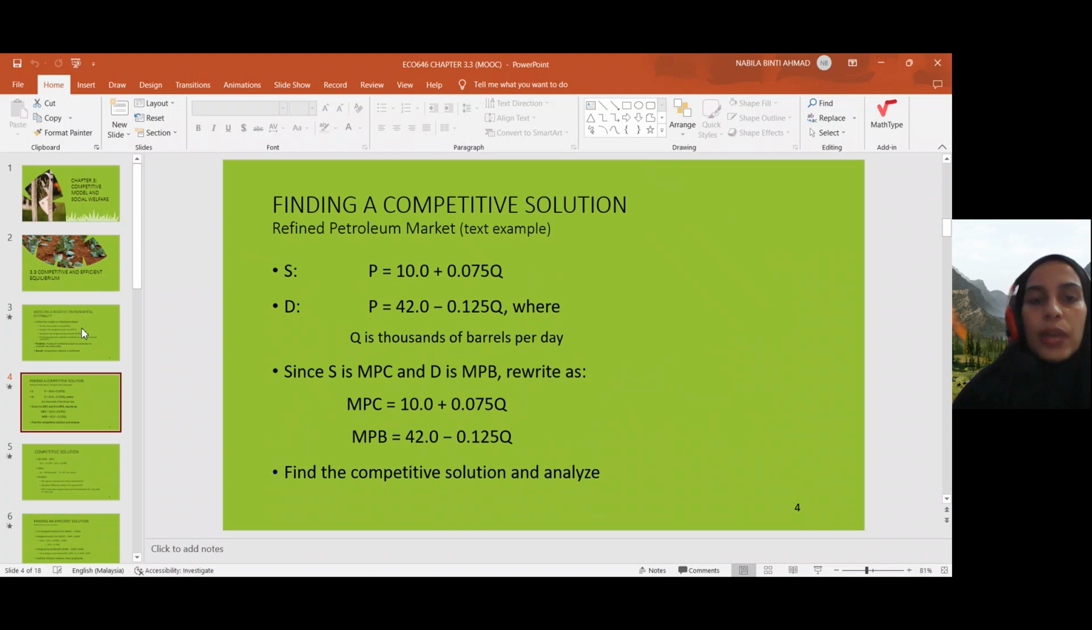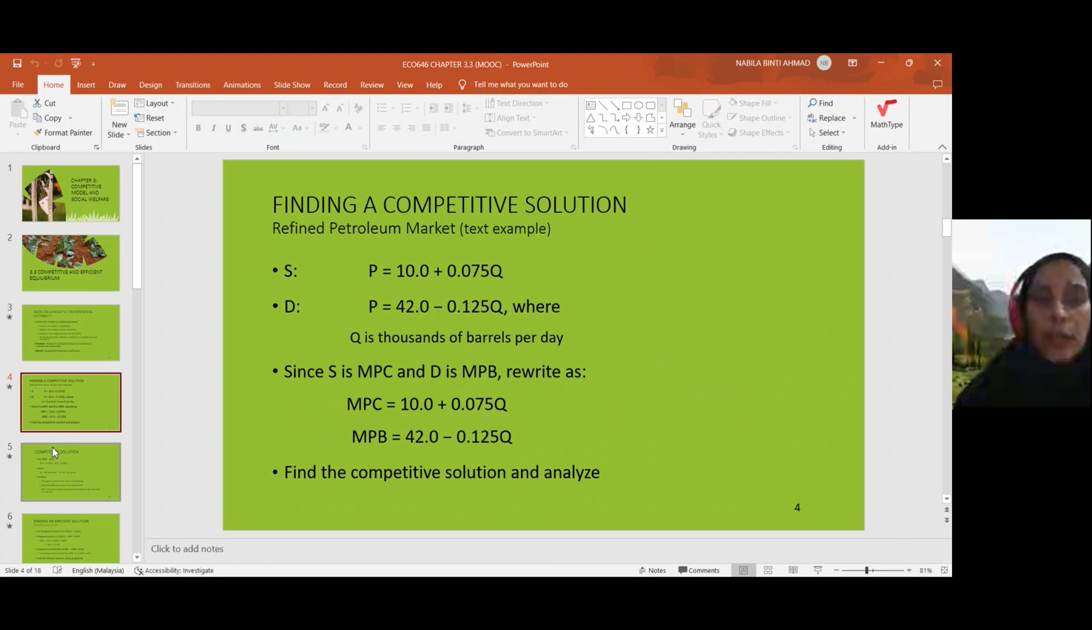Right. So here we have the supply, which is P = 10 + 0.075Q, and demand here is P = 42 - 0.125Q, and Q is in 1,000s of barrels per day. Supply is marginal private cost, and demand is marginal private benefit. So we rewrite MPC as the supply equation and MPB as the demand equation,